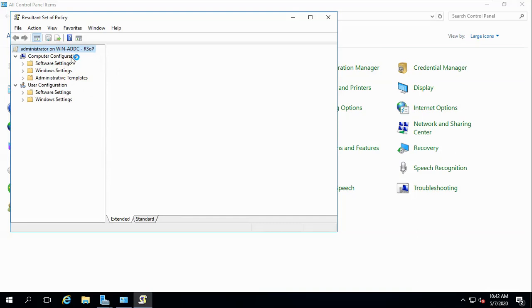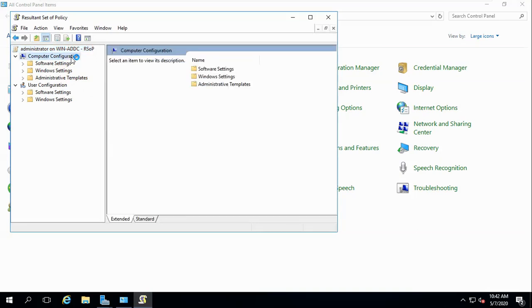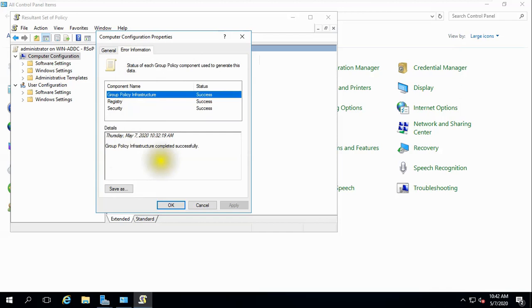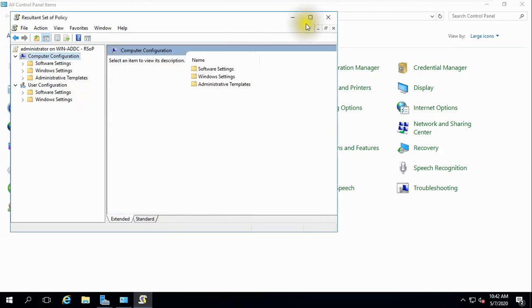If you go to client computer configuration, because we had deployed a computer configuration policy, and open properties, you can see I had deployed the firewall as well as the default domain policy, and all are applied. You can also see more, like scope and version revision information. This is what you can check, and just close it.